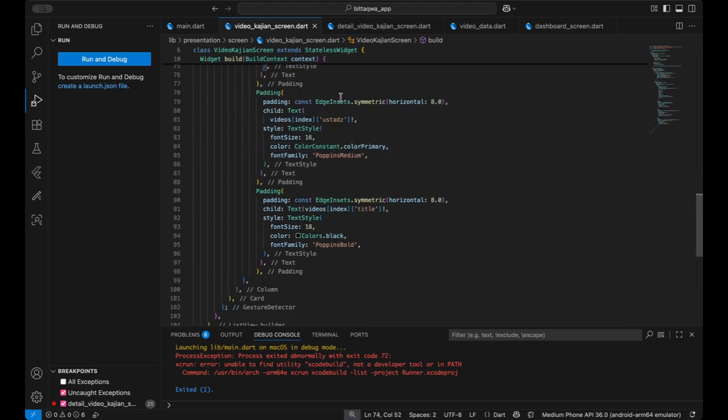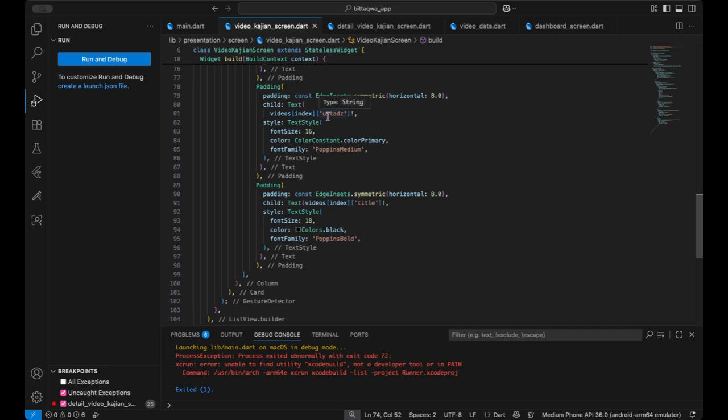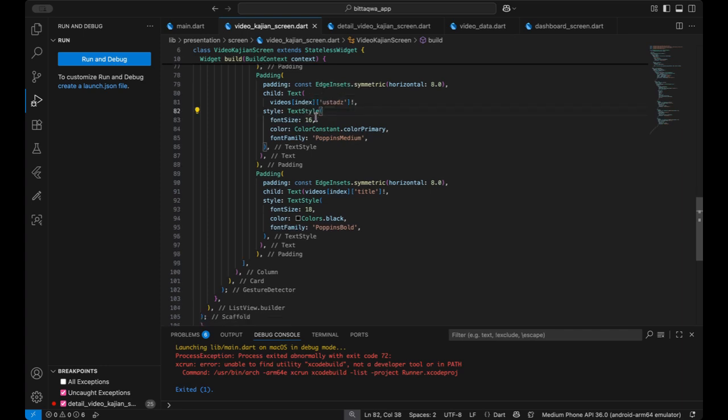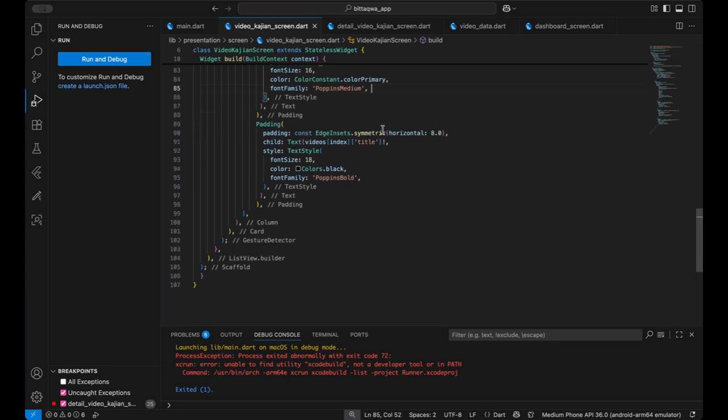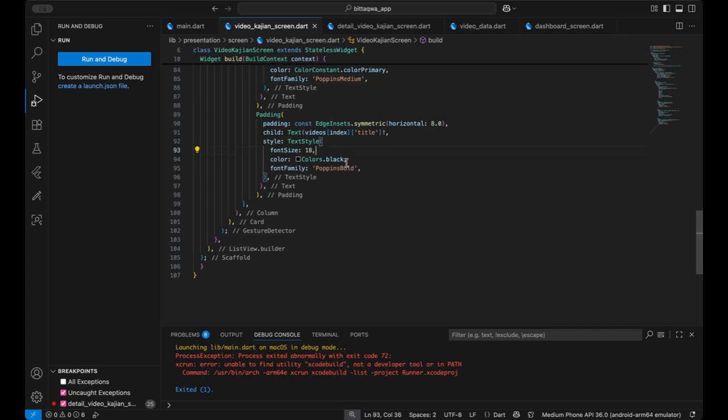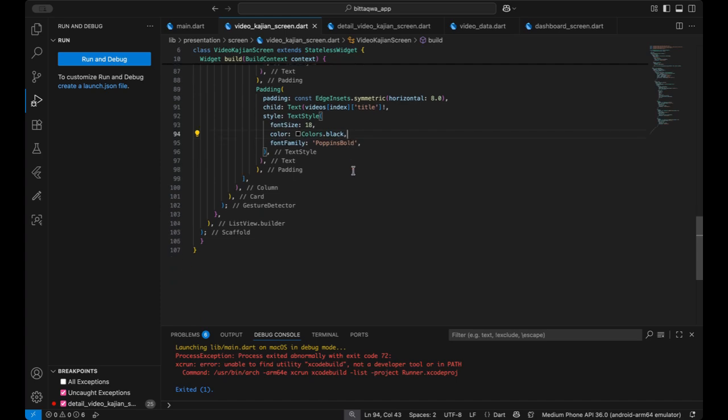Also this one for the Ustad: the font size is 16, the color is color primary, and the font family is Poppins Medium. And then for the title, I use 18 for the font size, black for the color, and the font family is Poppins Bold.